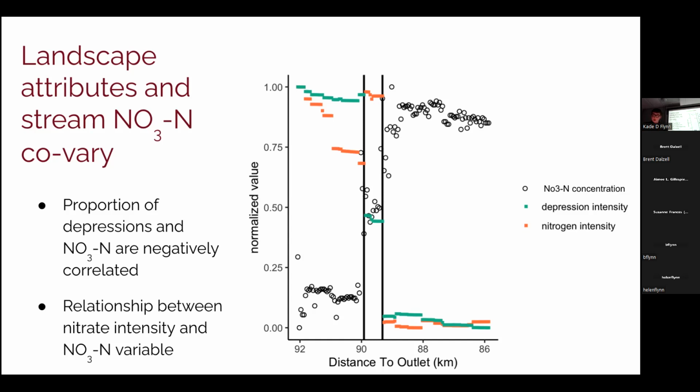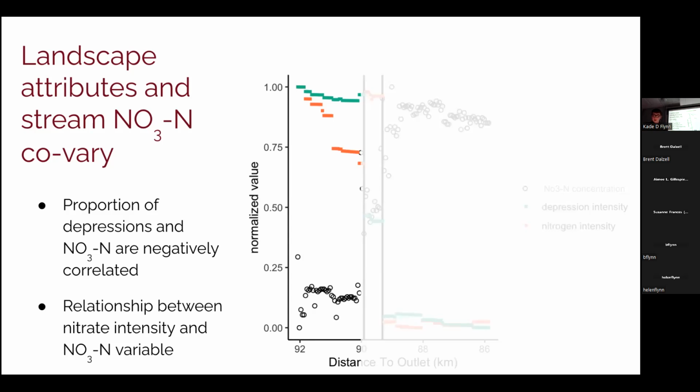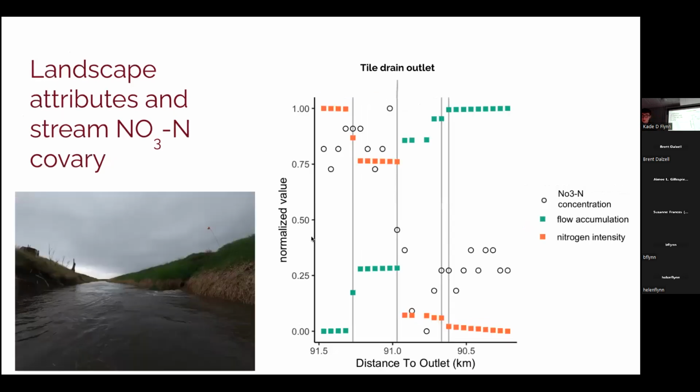Similarly to how we can observe changes at other locations, we also see our in-stream measurements have variability as well. So if we were to rescale this section of the plot, just to highlight this variation, we see at the location of this tile outlet pictured here, it's kind of dark in the room, but you can probably see it better on Zoom, you can really see the influence that the tile has within the stream flow path. This tile drain outlet is marked with this particular gray vertical line right here.